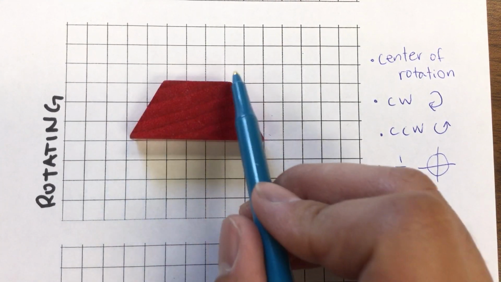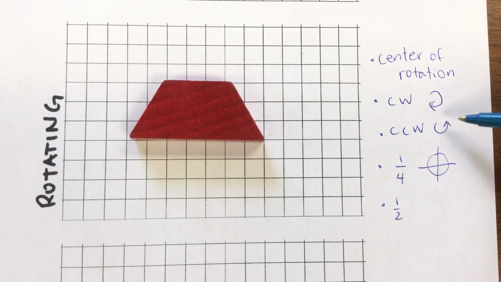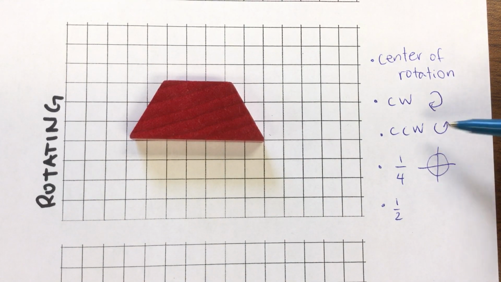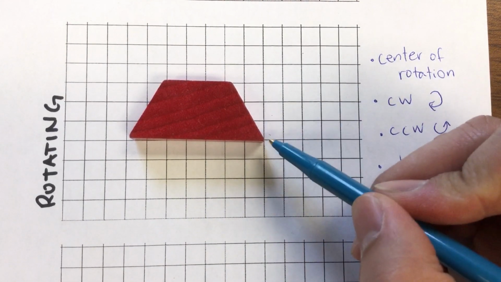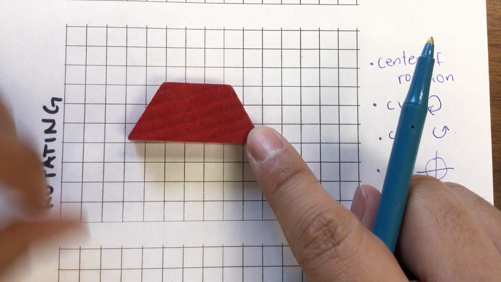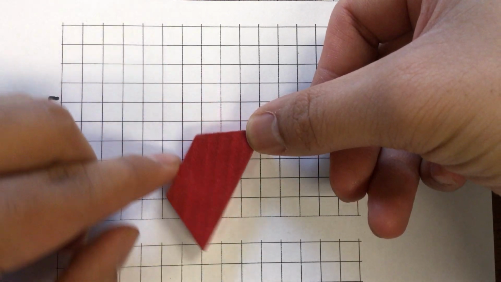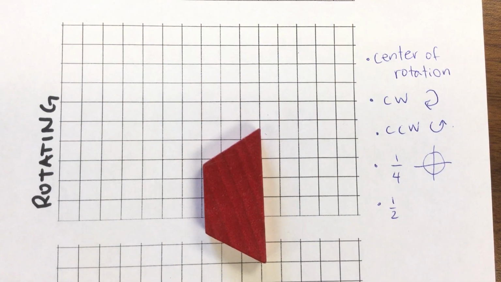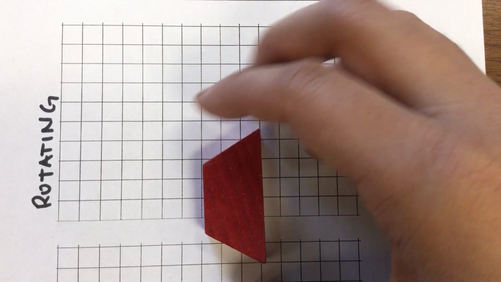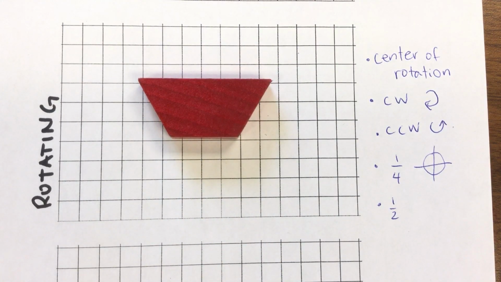If this is A, B, C, D, and it asks you to turn counterclockwise 1/4, that means we're turning this way 1/4. So if the center of rotation is right here, this is the spot that always has to stay put. So I would basically put a nail there, put your finger there, right there, and then move it 1/4, just like that. All right? Let's start off, even if we made it upside down, doesn't matter. If we were to move